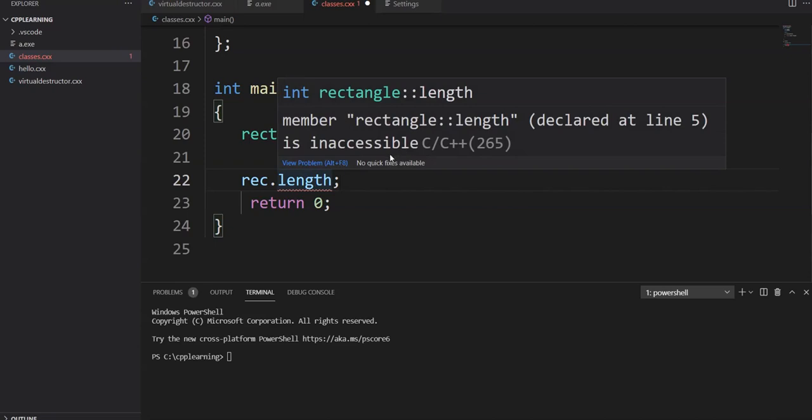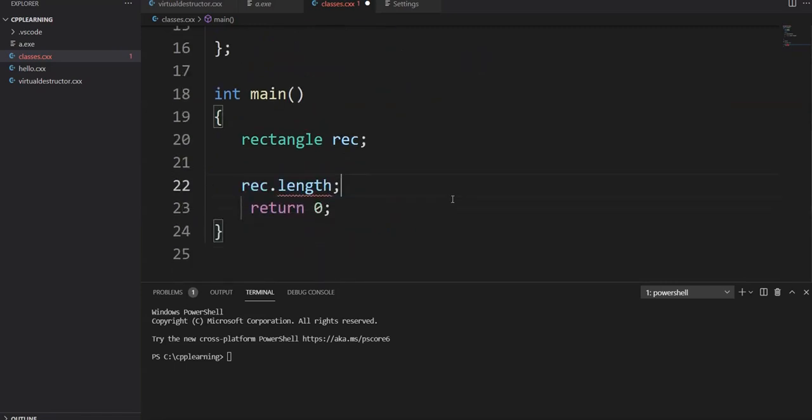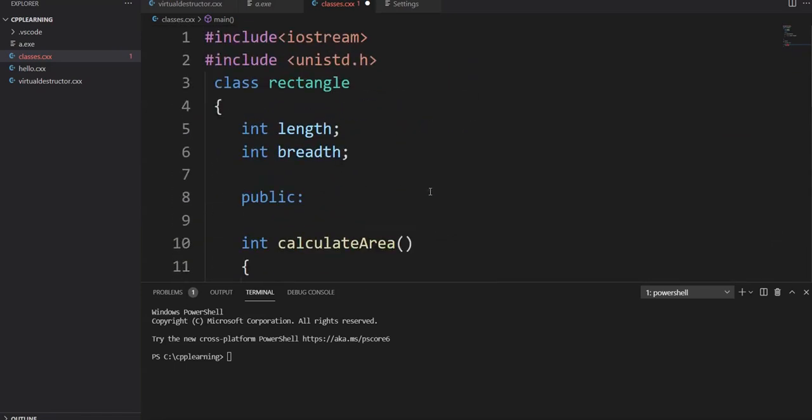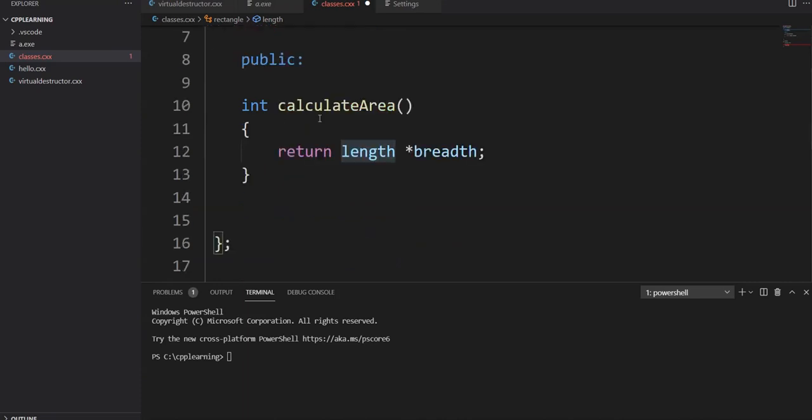This is what an access specifier is. It allows you to tell what can be accessed out of this class. By default in C++ everything is private. For example, this length and breadth are private to this class, so you cannot access them outside of the class. But this calculate area can be accessed outside of the class because it has the public